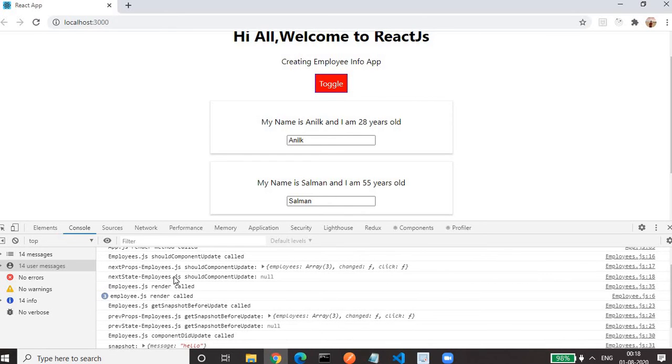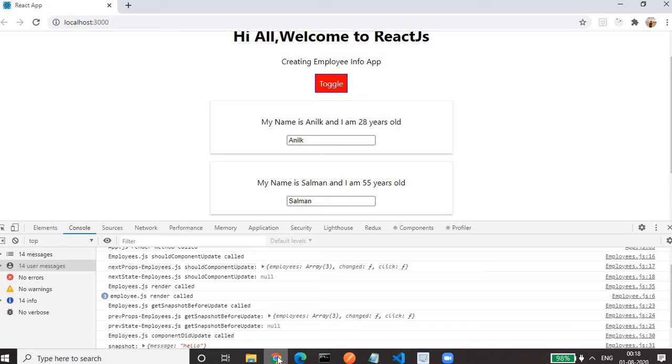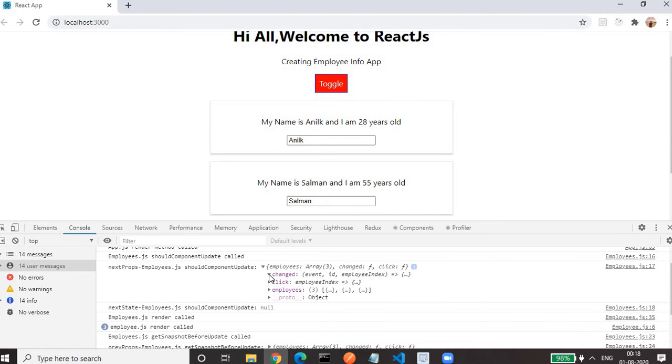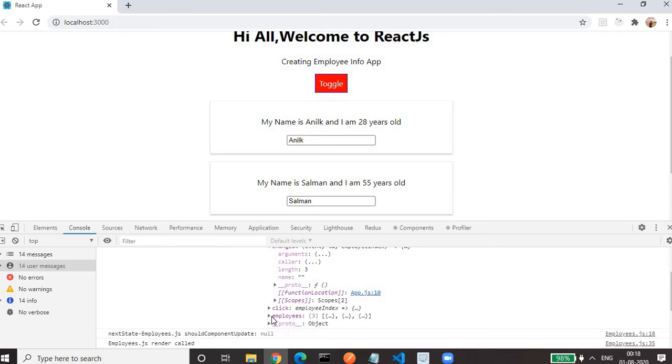First it is calling shouldComponentUpdate. First it would call getDerivedStateFromProps, but I have commented that, that's why it is not showing. Then it will call shouldComponentUpdate. In shouldComponentUpdate, we are getting nextProps and nextState. If we expand the array, we'll find the nextProps, means the new props, the updated props.